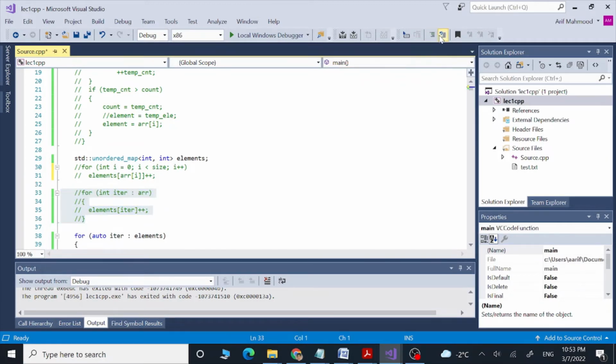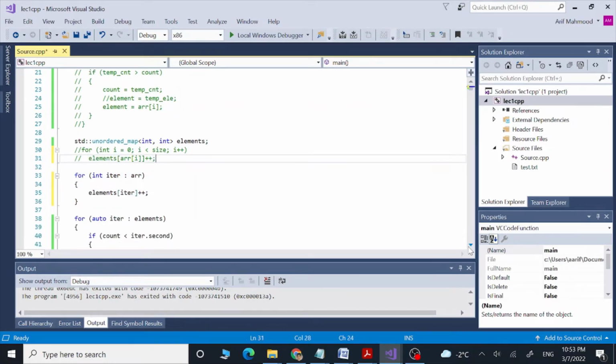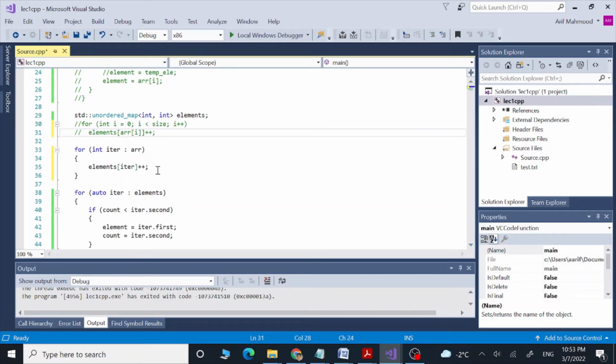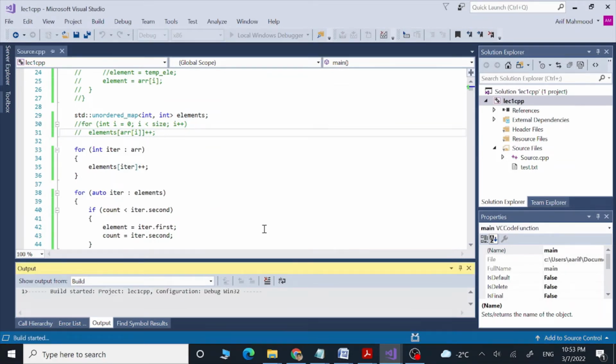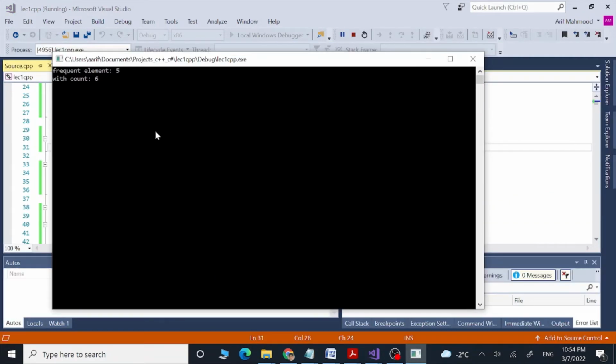So both of these are going to do the same thing. They are going to give us the elements of our array and their frequency. So the program behaves like this.